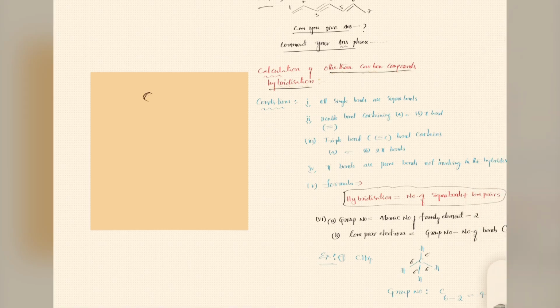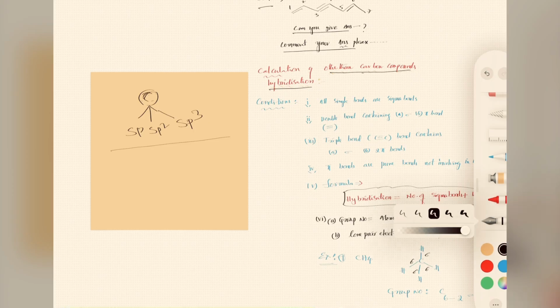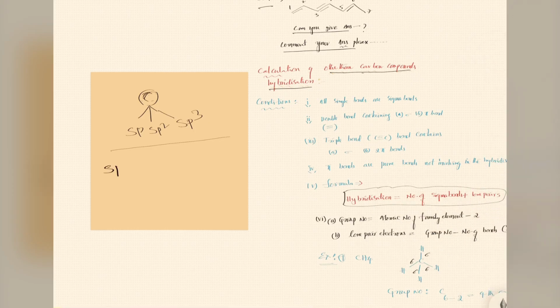So for carbon we know only three types: sp, sp2 and sp3. But other than this, we have so many more, mostly sp3d, sp3d2 and sp3d3 are also possible. In all these other types, a d orbital is involved. Clear, students? Therefore we have some variation.